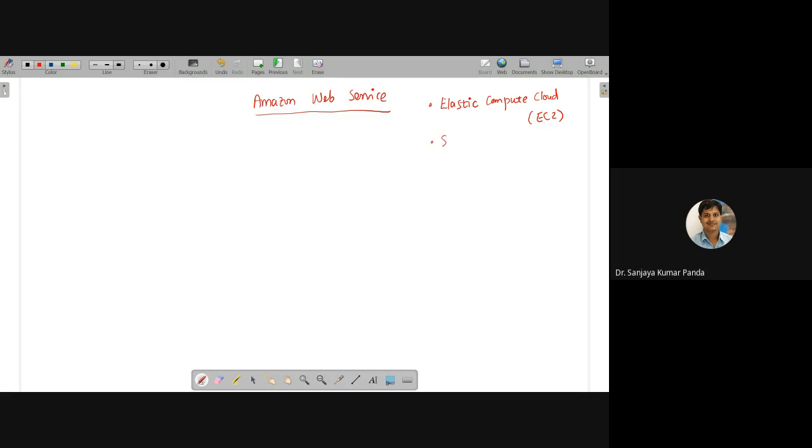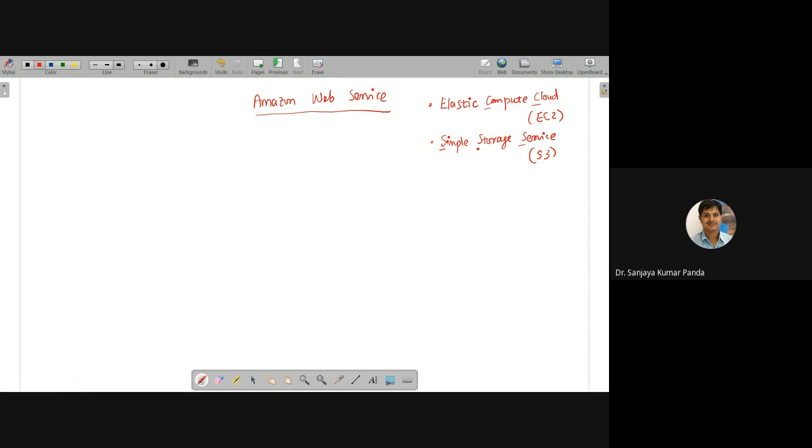Another service is the Simple Storage Service, which is called S3, because their initials start with S. Here also you can see there is 2 C, that's why we say EC2. These are the popular services, but apart from these two, there are numerous services available in Amazon Web Service.